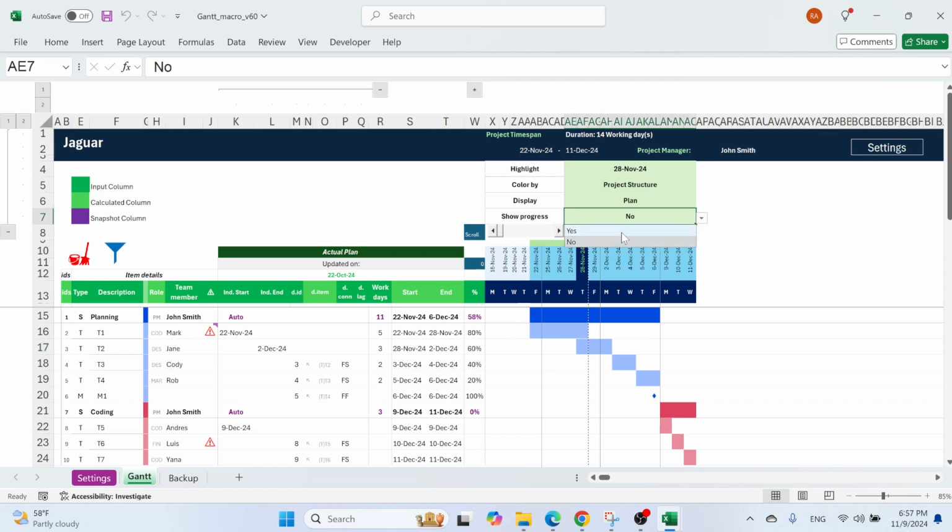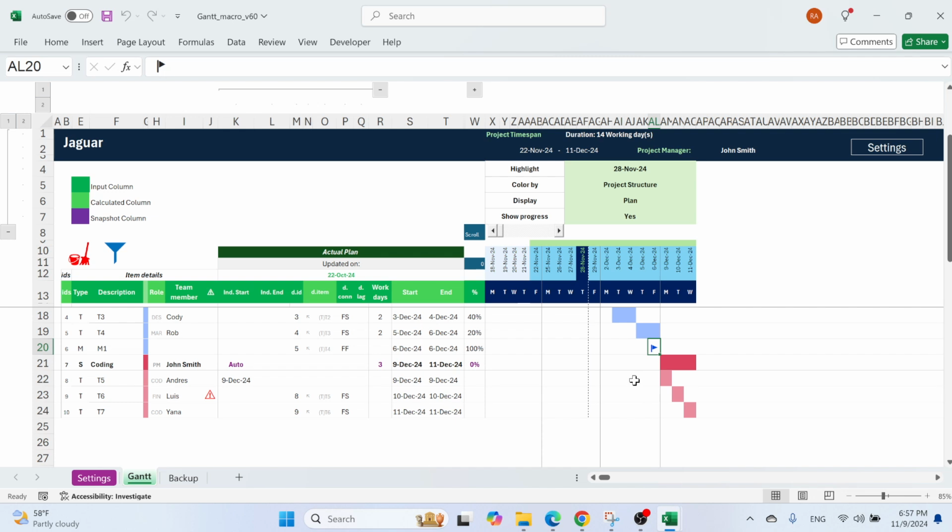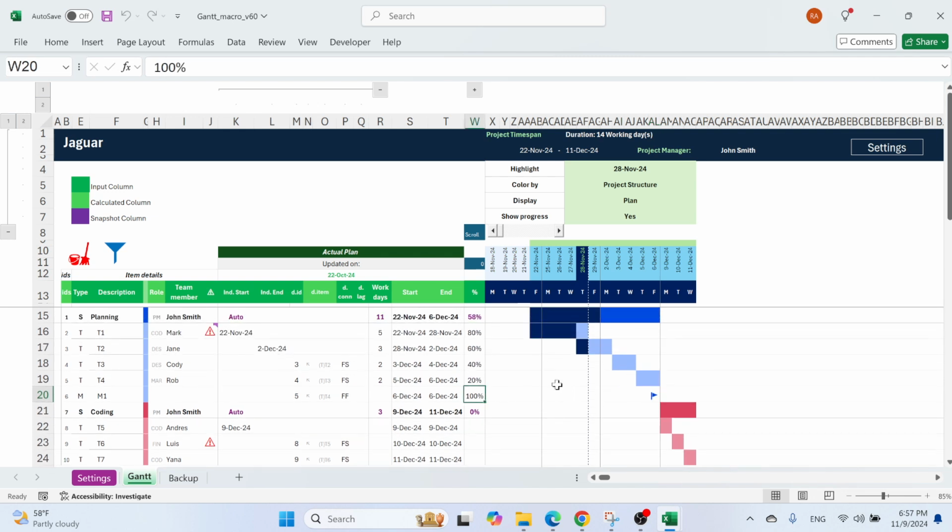If I switch to this view with yes, look what will happen to this, the milestone, and the rest. You can see this is colored based on the percentages, and this, because it's 100%, it will become a flag. If you see, for example, we put nothing, or I don't know, 80%, it becomes a milestone. Perfect. Let's put back show progress to no, and let's move to the impact of the holidays and the work